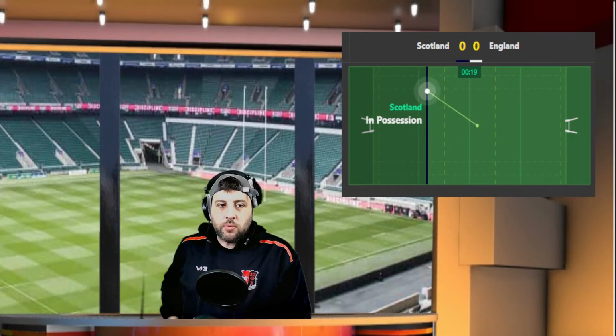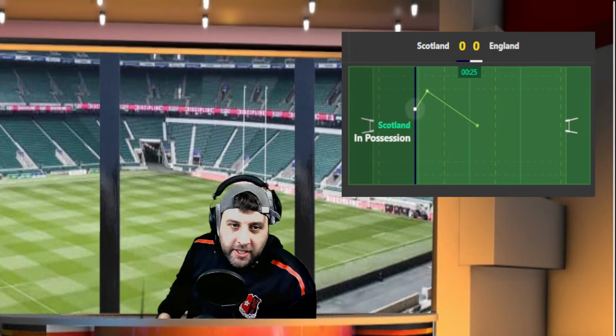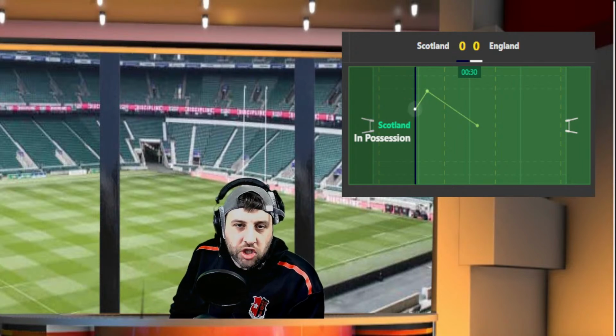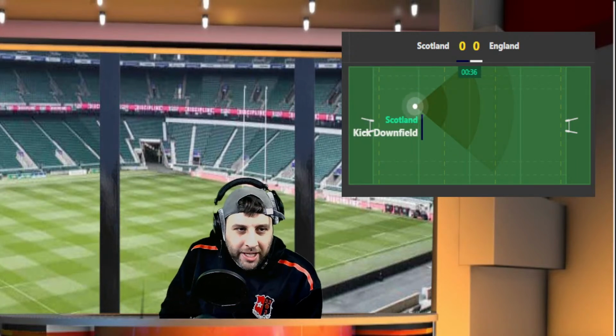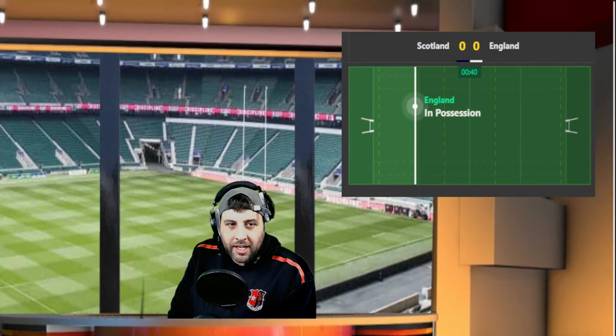Ben O'Keefe blows his whistle and Marcus Smith gets us off and running in Murrayfield. Here we go. It's deep into the 22 and it's a huge chase from Malins and Daly, and he's absolutely slotted as he takes the ball. I'm not sure who took it, but it wasn't kind. There was a bit of malice on the end of it, which is scenes you love to see, and Ali Price will kick away